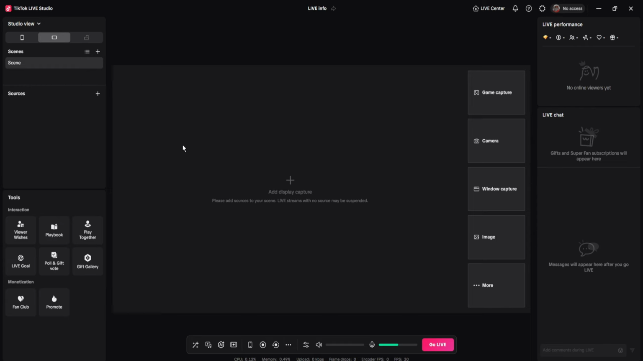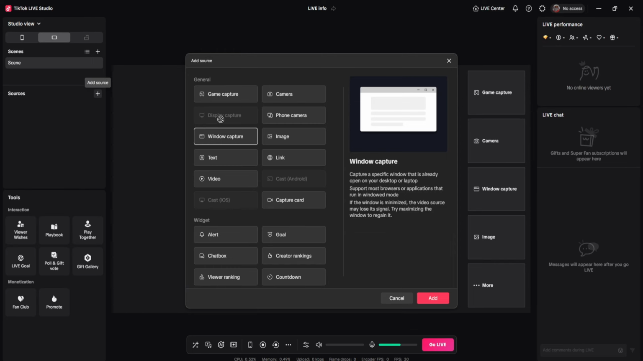Now, all of these have different purposes. Basically, game capture captures that specific game, while the display capture captures basically all of your display. So to fix this, just click on the add source button, and from here you can then select